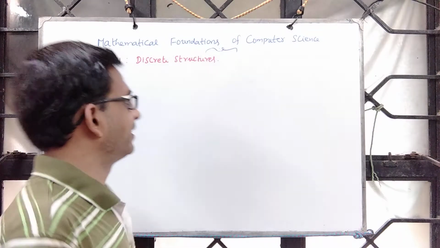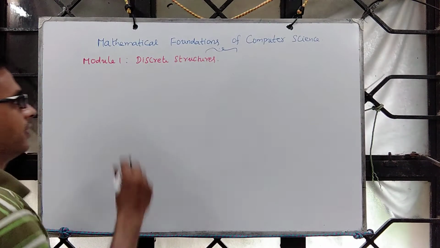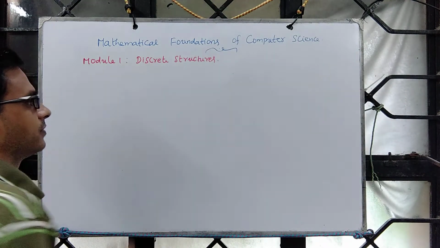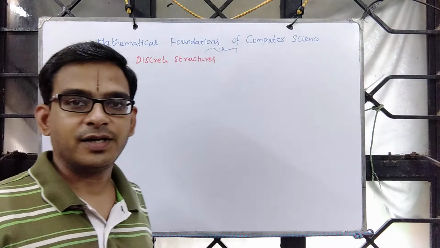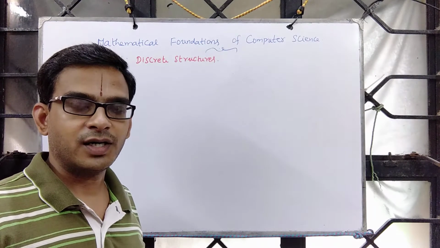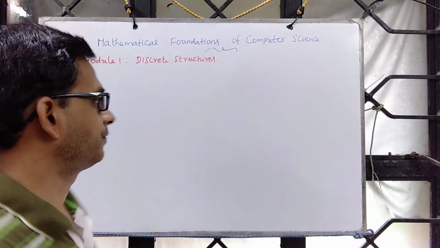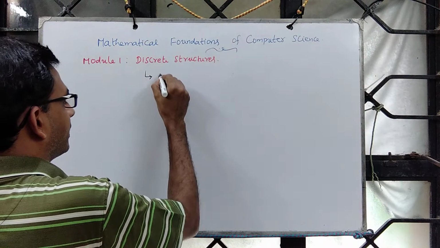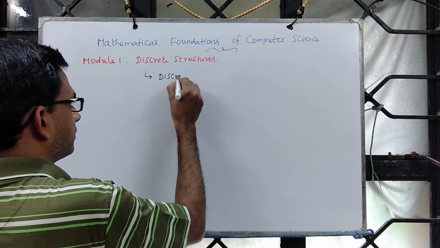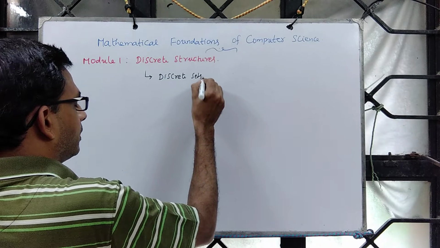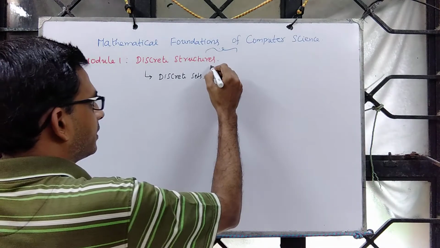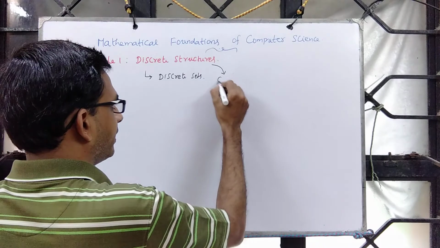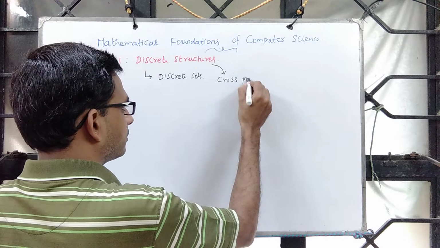Having defined discrete sets, we shall discuss discrete structures, objects that we would be seeing or exposing you to as part of this course. So we talk about discrete sets. Subsequently, we talk about the structures based on discrete sets, namely cross products,